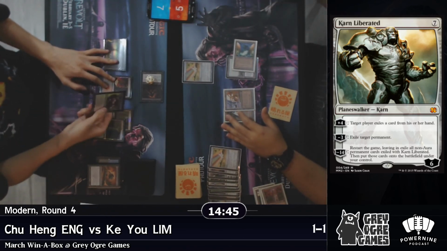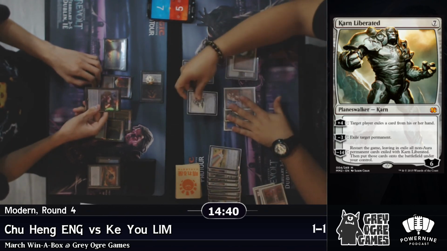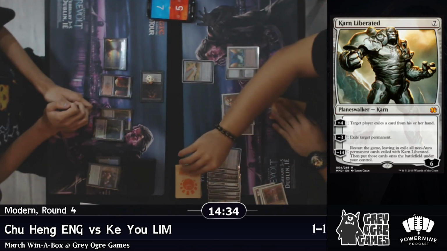What if the opponent draws Surgical Extraction? Surgical Extraction? Yeah. Wow. So yeah, we didn't really think of that. Props to Chu Heng for seeing that line of play though. Yeah, I think it would have forced Keryu to do,